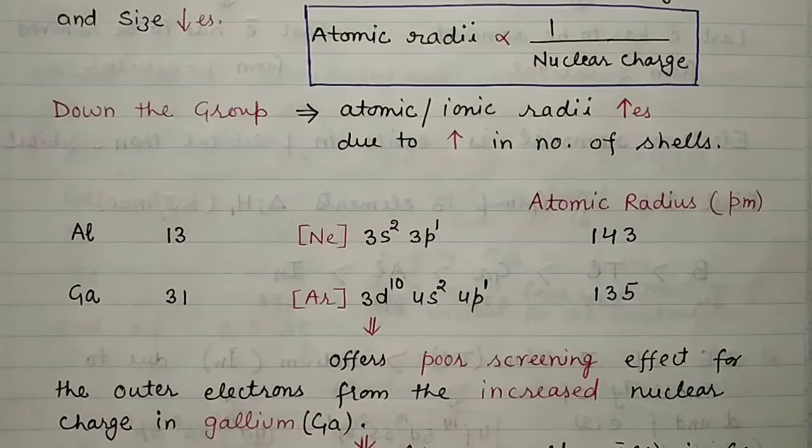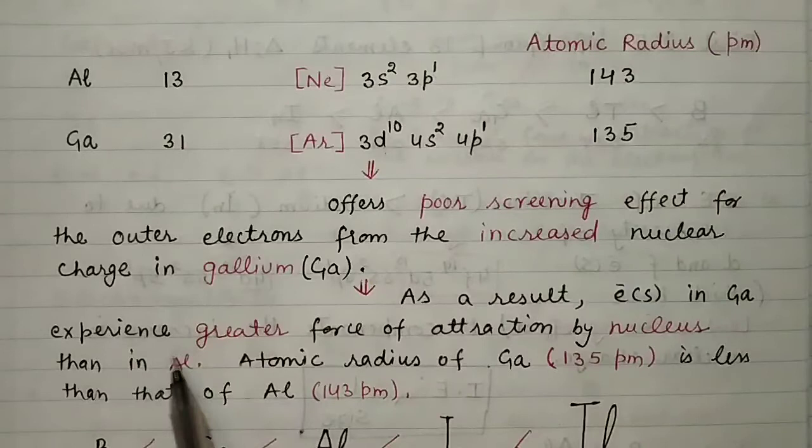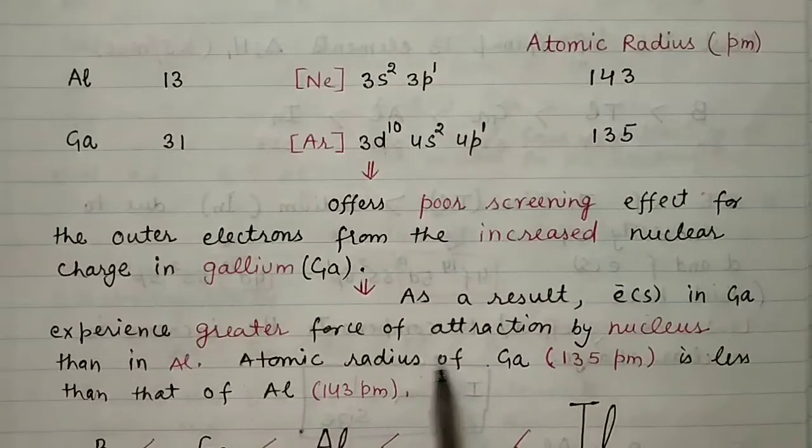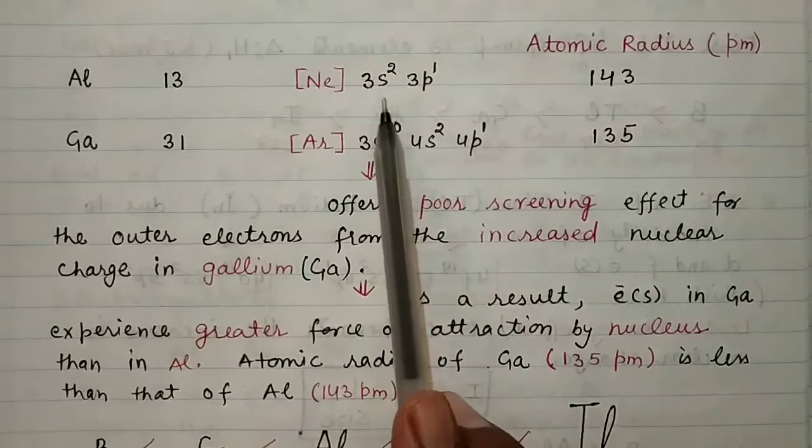And just because of that, as a result, electrons in gallium experience greater force of attraction by the nucleus than in aluminium, because there is no poor shielding